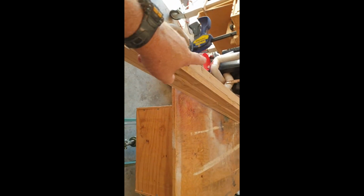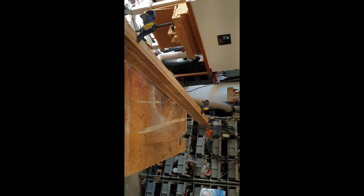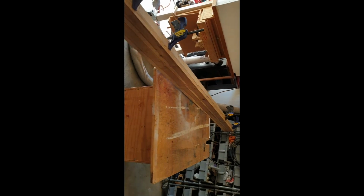And so I've got to make 18 of those. 1, 2, 4, 5, 6, 7, 8. Anyway, there's 9 steps, so I probably need to make a little bit more than 18. And they'll fill in between the risers. And this is all really